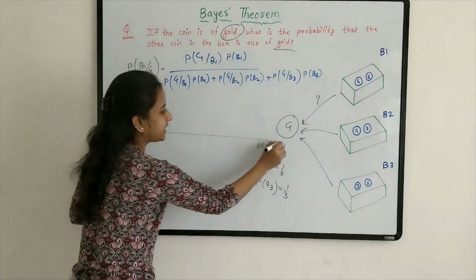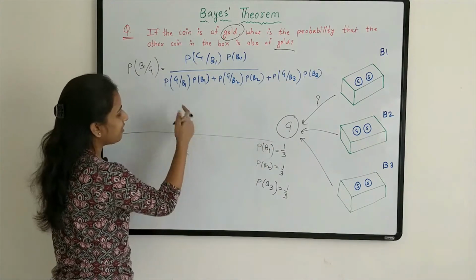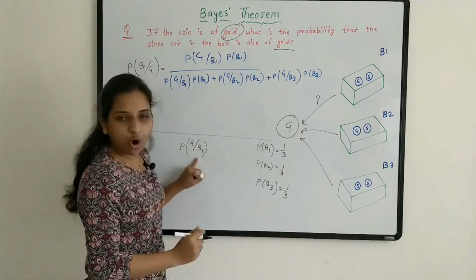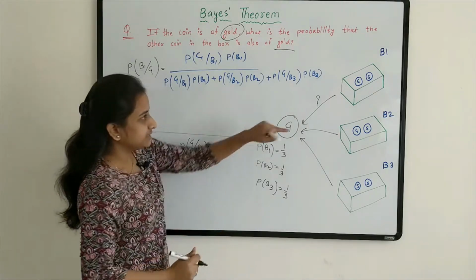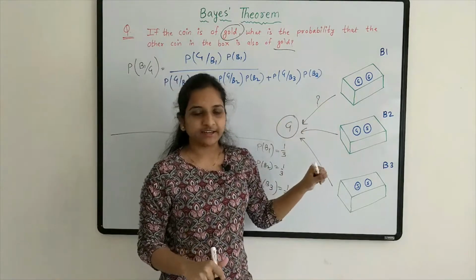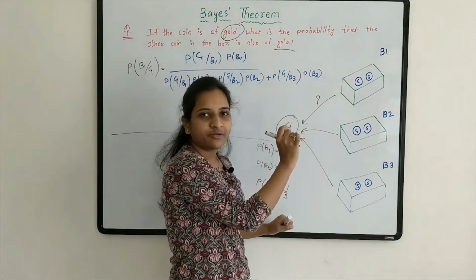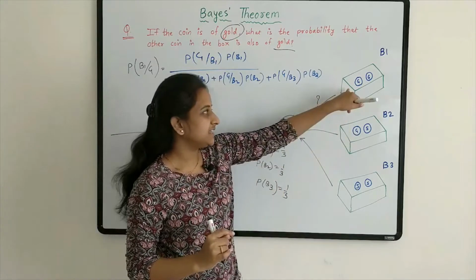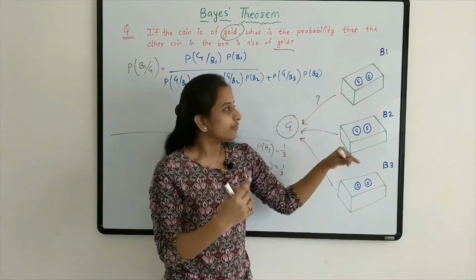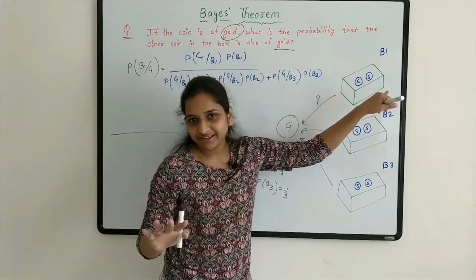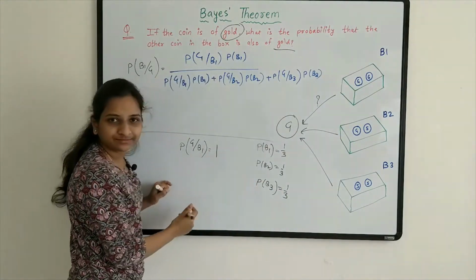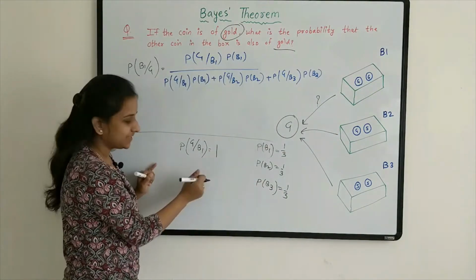Here I am finding the probability of gold coin given that box 1 is already selected. If I pick a coin, what is the probability that it is gold? In this case, both coins are gold. Either coin selected will be a gold coin. So the probability of this is 1. This is conditional probability, right?